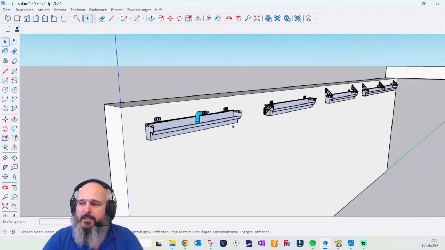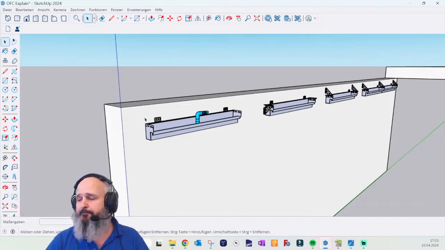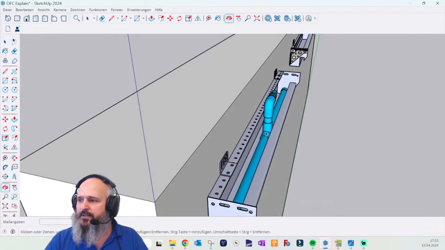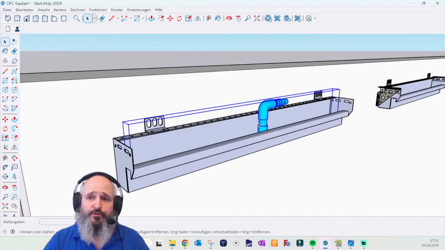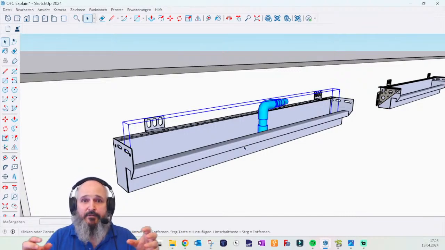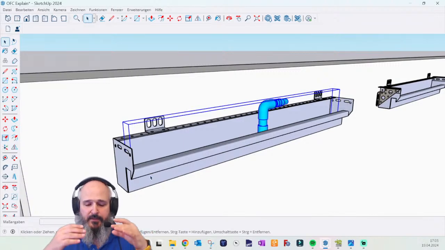Because number one, if you want to put the overflow channel at the wall, fix it to a wall at the back, then you can use these brackets here. And as you can see here, then you put a PVC subdistribution, which by the way is also included in the delivery, so that the water gets evenly distributed within the overflow channel and then can cross the lip evenly and cover your slab